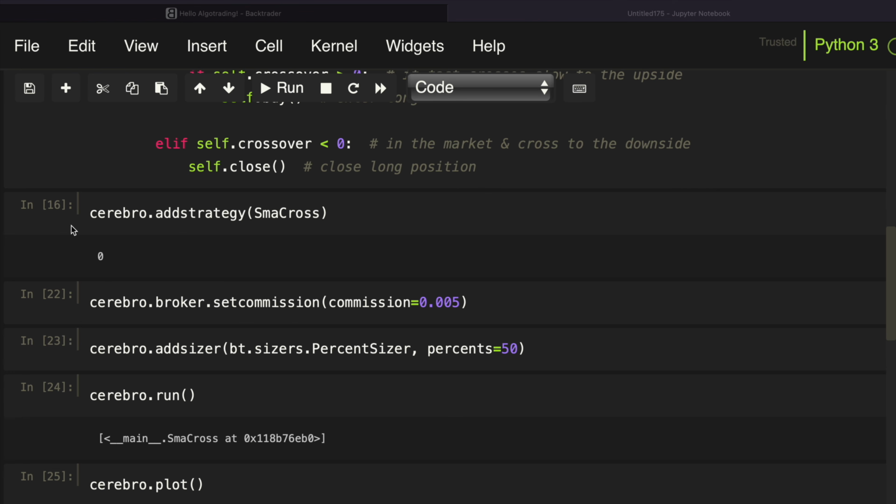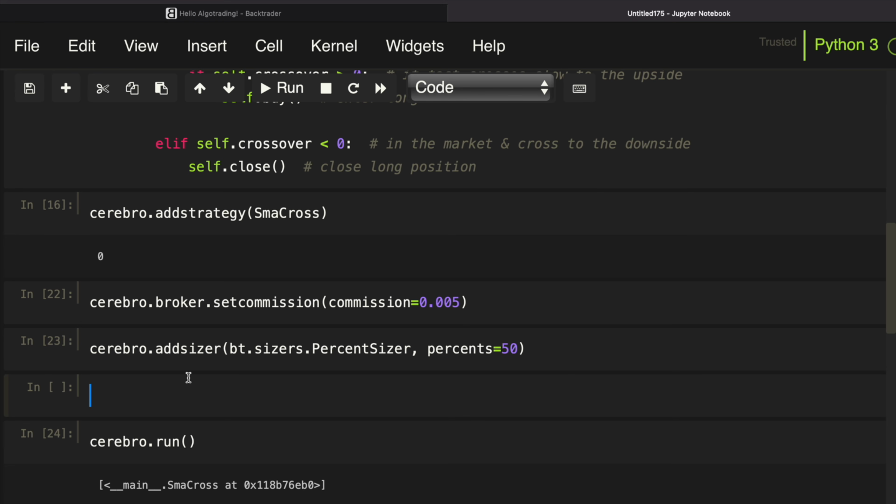So how does it work? We could just add an analyzer here, use bt.analyzers, annual return, give it a name, a return,